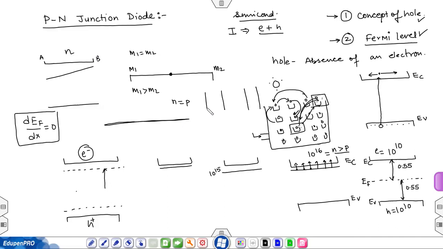Okay, and in the bottles you have different water levels. In one the water level is up to here, and in the other the water level is up to here. And let's say somehow you allow water to flow from here to here. So this water will flow till both the bottles have the same water level. Only then will we say that these two bottles are in equilibrium. Similarly, if you bring two different semiconductors with different concentrations of electrons or holes, then there will be a movement of electrons and holes until the Fermi level becomes constant.